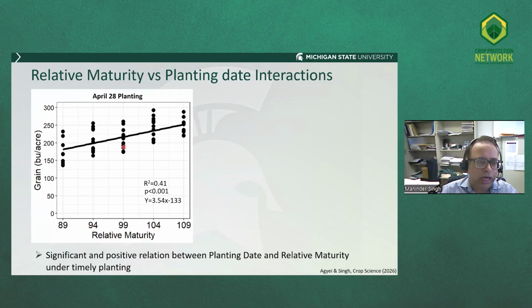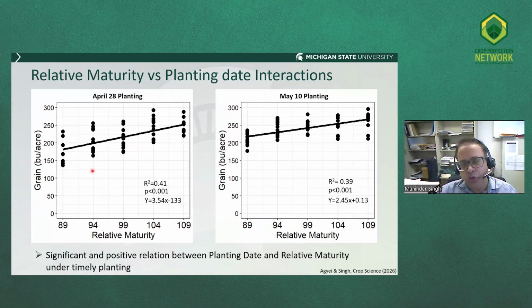Compared to 99, when we went to 104 or 109 relative maturity, we did improve our yield, and we lost yield as we went to early maturities, right? And that relation held true for our May 10th planting time as well. That was actually our best yielding planting date pretty much for all of these relative maturities. I think we gained almost 5 to 10% with our May 10th compared to end of April planting, because of,